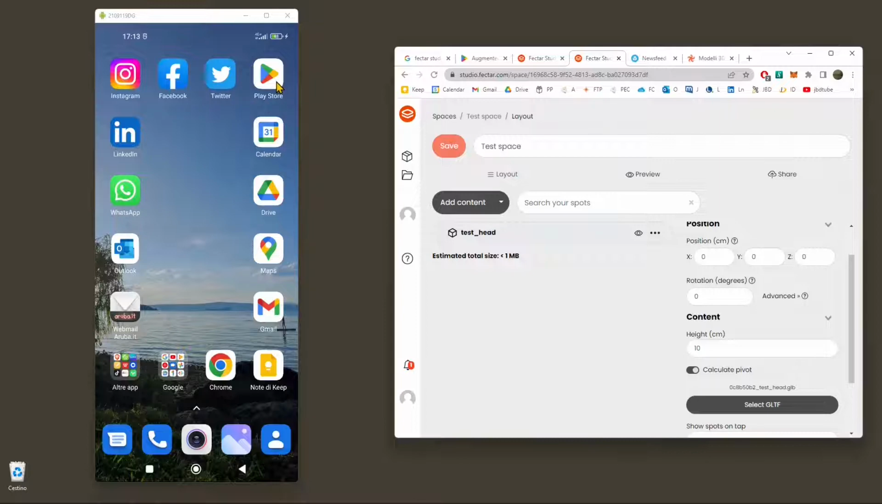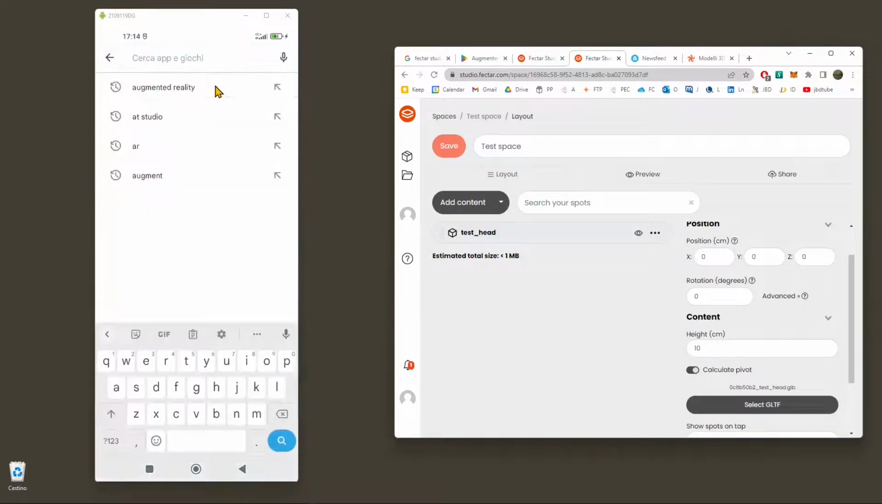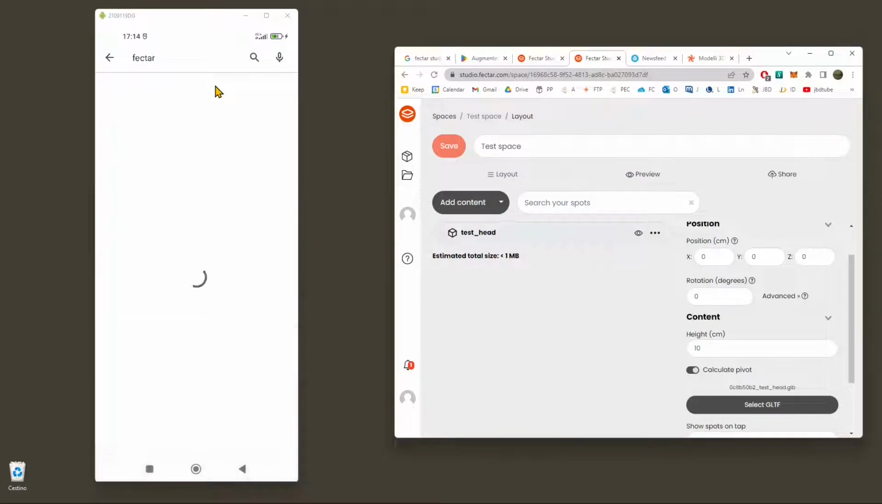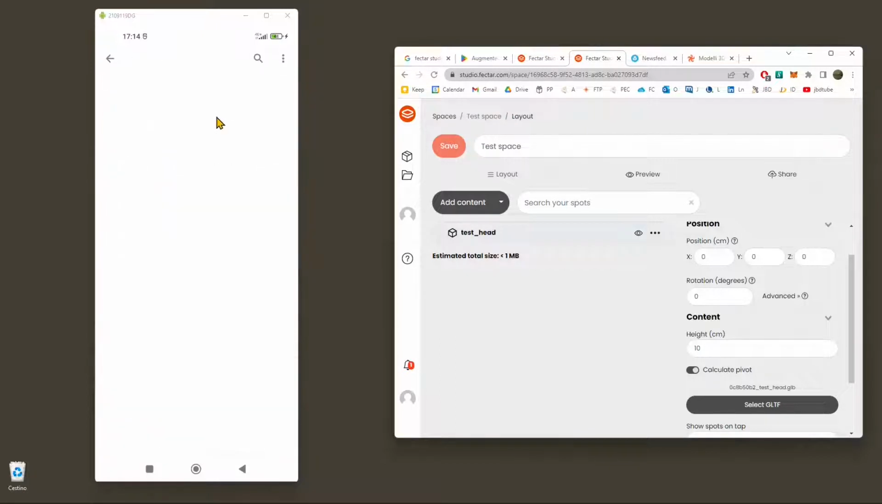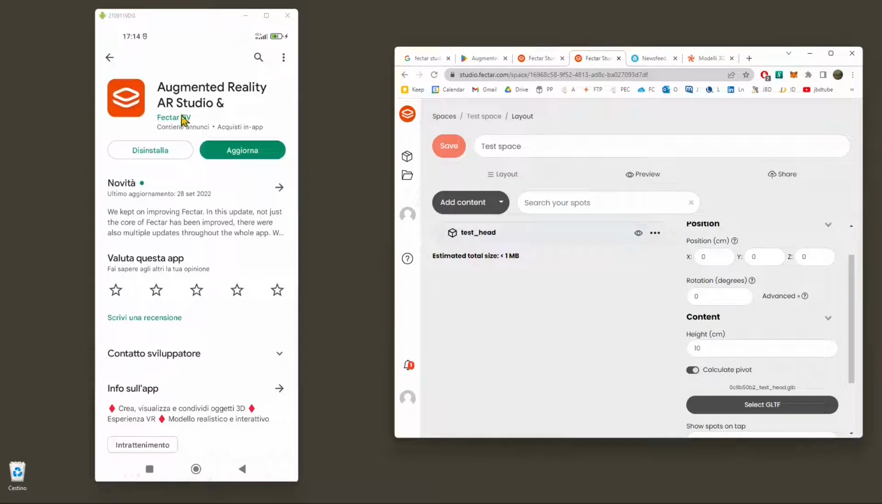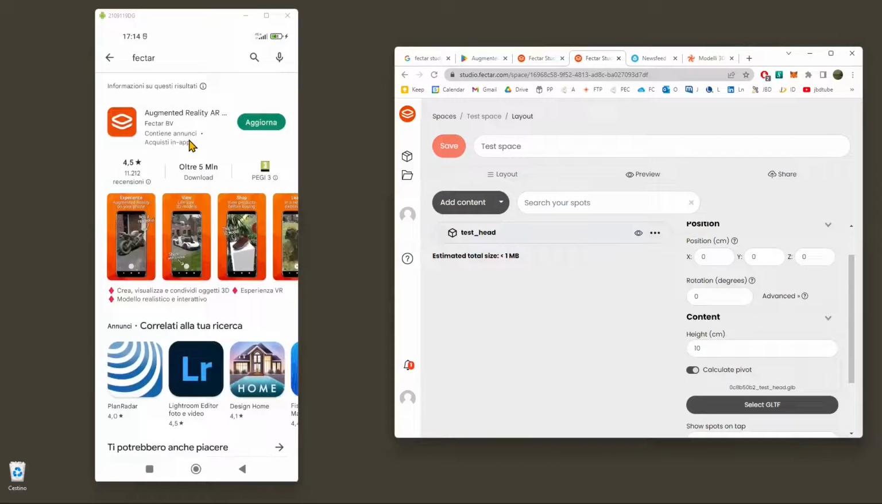Now in the smartphone, I'm going to open up the Play Store and look for Fectar AR, or this is going to show up in the most popular augmented reality apps. So I've already installed it. So you can see there you have a green button, you can download it and then install it, and that's it. Now make sure it's Augmented Reality AR Studio Fectar, and that's it. So you can also update it. Now let's go into the app. So I've already downloaded and installed it, and